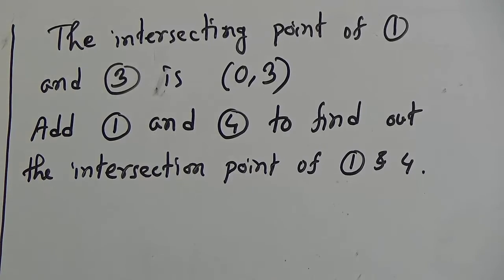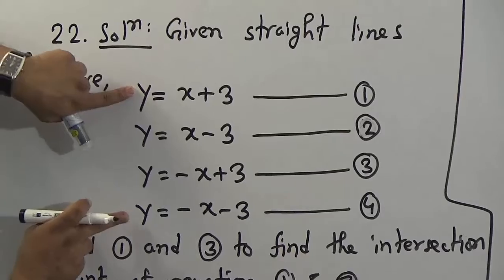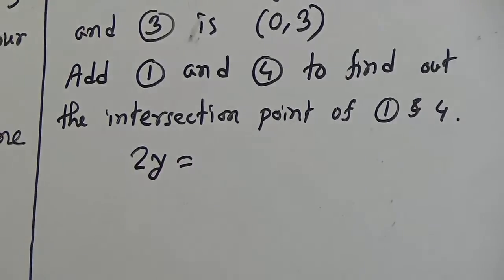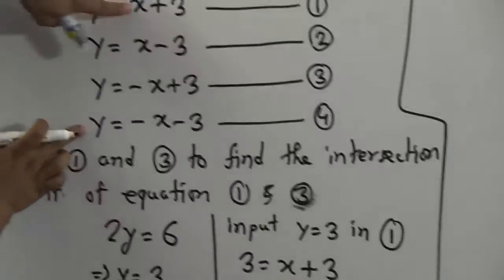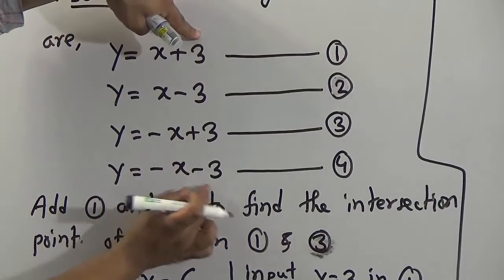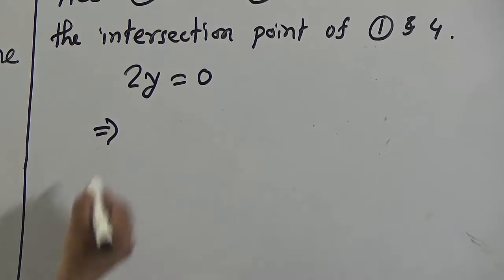So equation 1 and 4 is written here already in the left side. Look, if we add equations 1 and 4, we will get in the left side y plus y equal to twice y. That's equal to, in the right side, my dear students, x and minus x will vanish, and 3 and minus 3 will also vanish. So it will be 0 in the right side. That means if we divide both sides by 2 to find the value of y, it will be